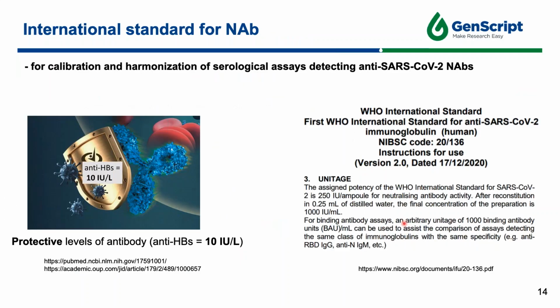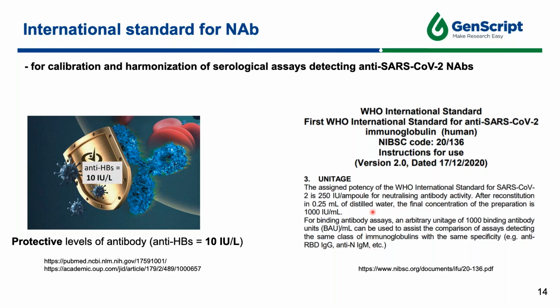What we have as an additional tool is the International Standard of Neutralizing Antibody from WHO that allows for calibration and harmonization of the serological assays detecting neutralizing antibodies. As you can see, for previous cases like hepatitis B, 10 IU per liter is considered a protective level of antibody. For COVID-19, the WHO has established the international standard for neutralizing antibody, and of particular note,